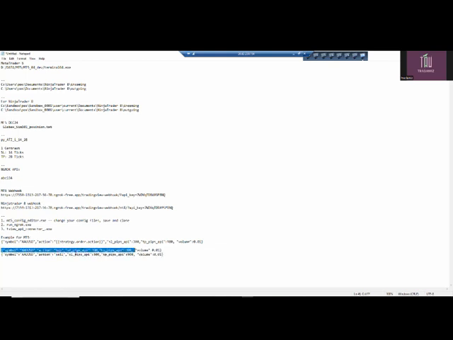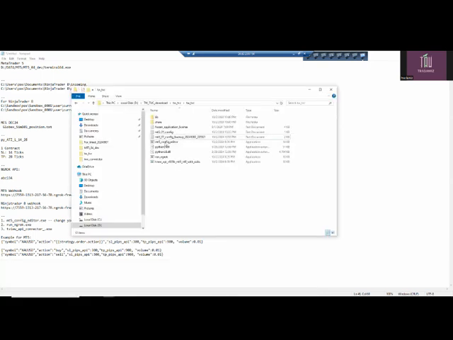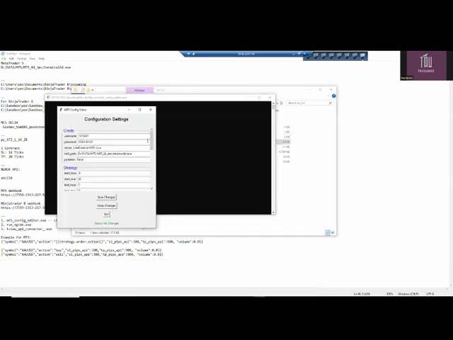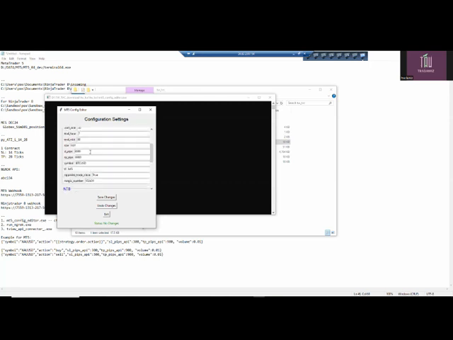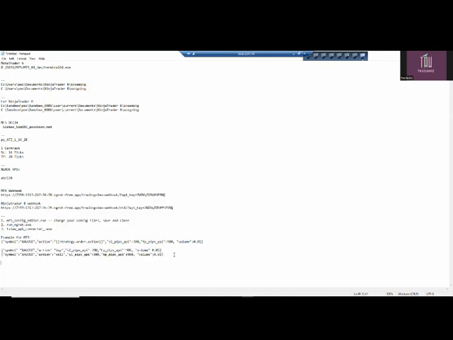And as you can see, you could set the SL or the stop loss here with this parameter and the take profit. Or you could use the one from the config. As you can see here, there is a stop loss and a take profit, and there's also a default symbol for MT5 set. So this is for MT5, and I will give you an example for NT8.